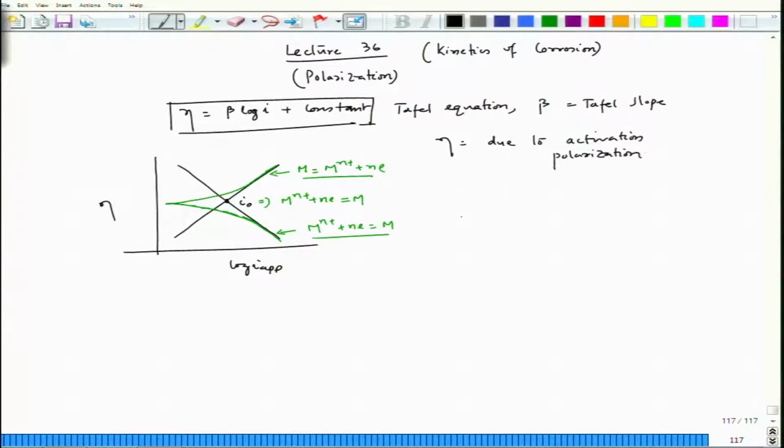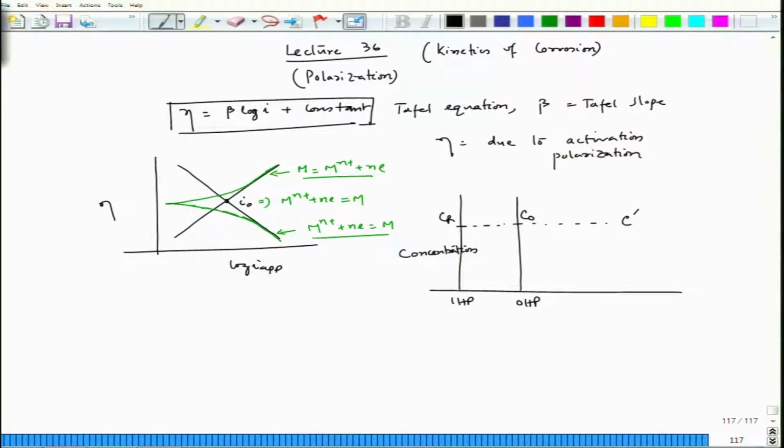Since we could see that if I have a bulk medium, this is IHP, this is OHP, and the concentration of CR and CO, and then bulk concentration C, let us say prime,